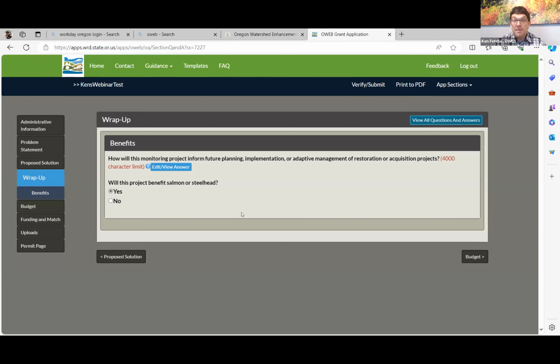And so what we want you to include mainly in this application is talking about how you're going to manage, submit and report the data on the front end, what you're responsible for, and less on what DEQ is going to do with it after they get it. But if you want to talk a little bit about what they do with it and how they make it